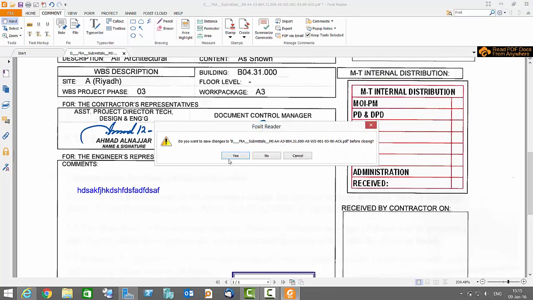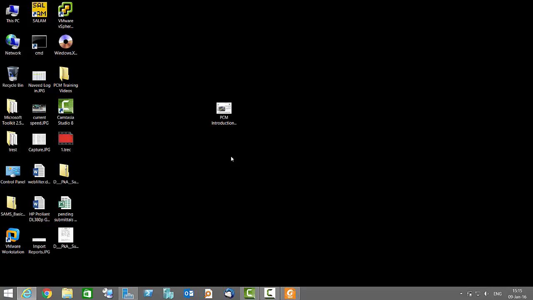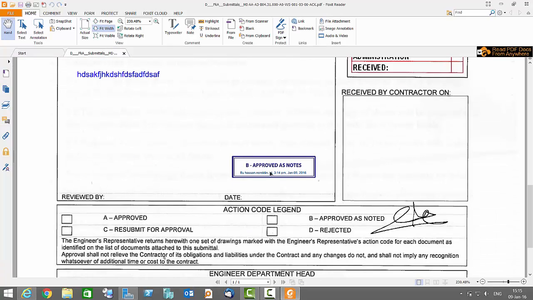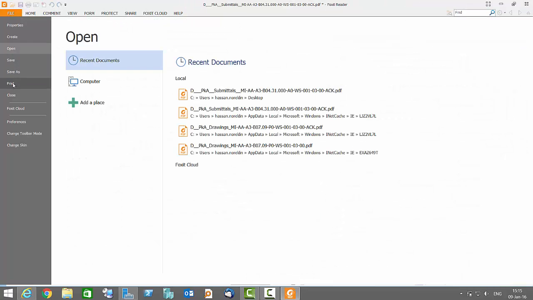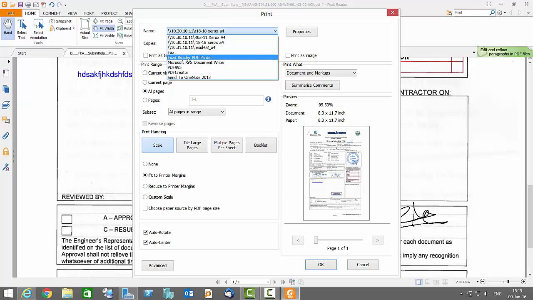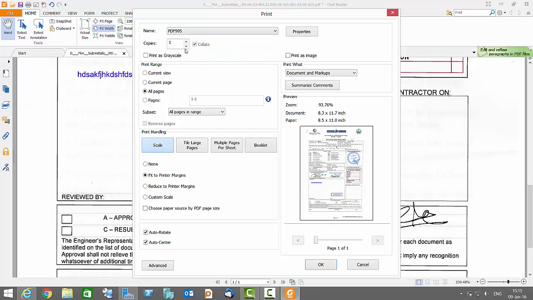At this moment if you save it, it will ask you to save. It will be saved, but you have another problem: the stamps and the text, without the signature, can still be edited. Of course the signature is okay now, but as you see, the rest can be edited. So what you will do is print it again as a PDF. You need to use the PDF printer, for example, PDF